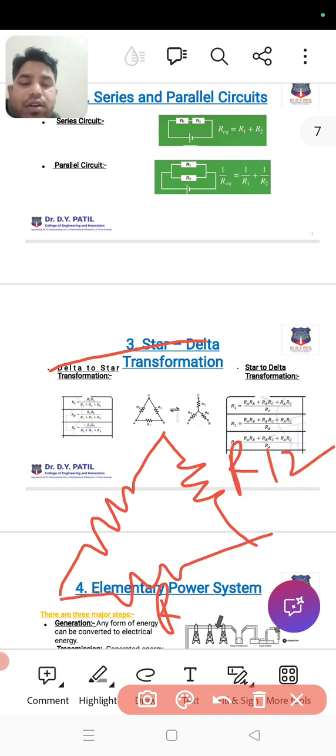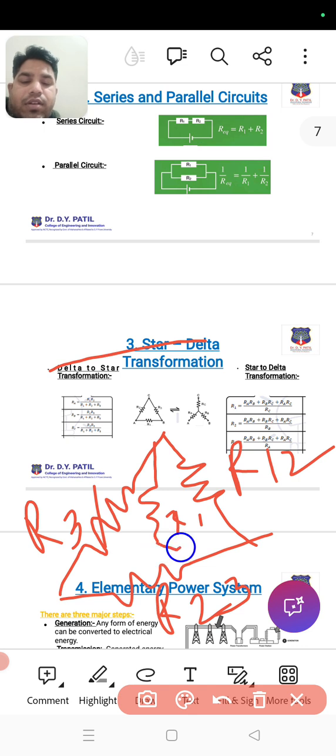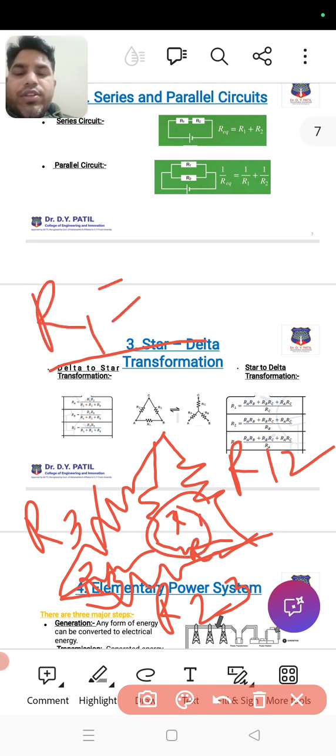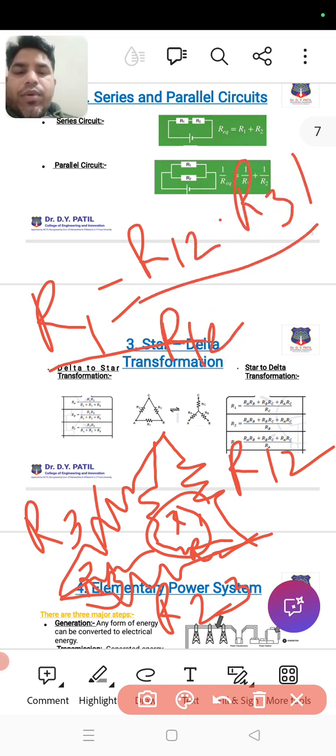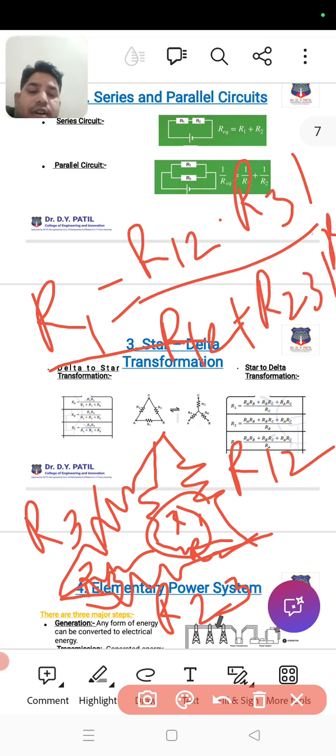R12 plus R23 plus R31. Inside we will get R1, here we will get R2, here we will get R3. So R1 is equal to the adjacent, R12 into R31 divided by R12 plus R23 plus R31. Same for R2,